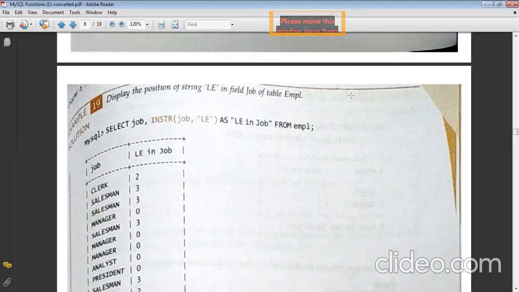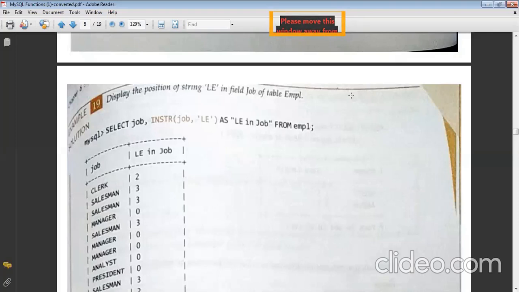So the question was asking me to find the position of the string LE in the given job. So then why have they written select job? Ma'am, because they want to display the job as well. But was it required in the question? Maybe to make it more clear.